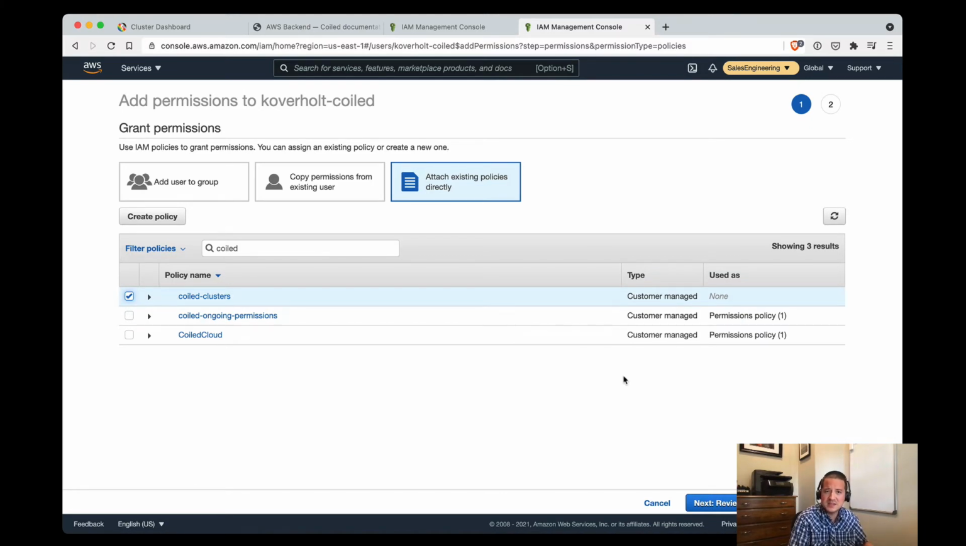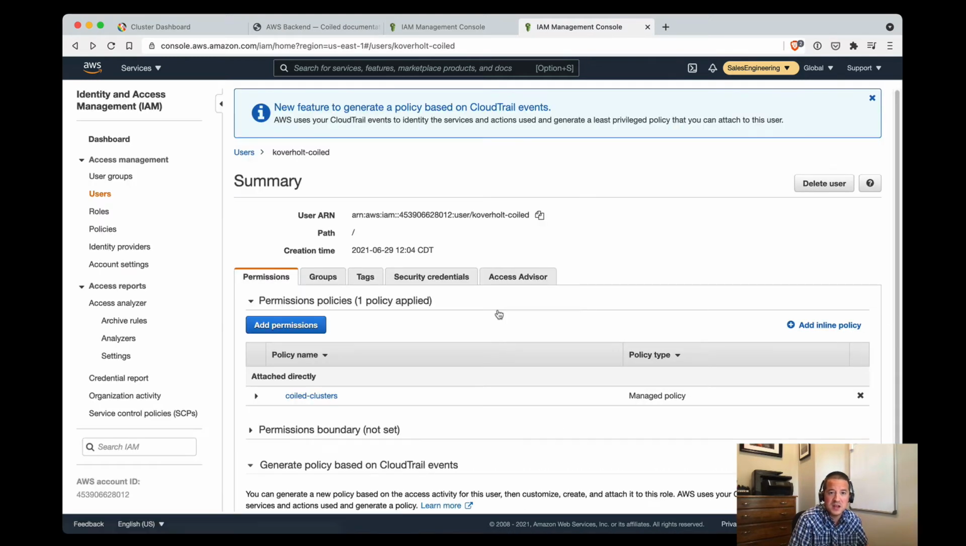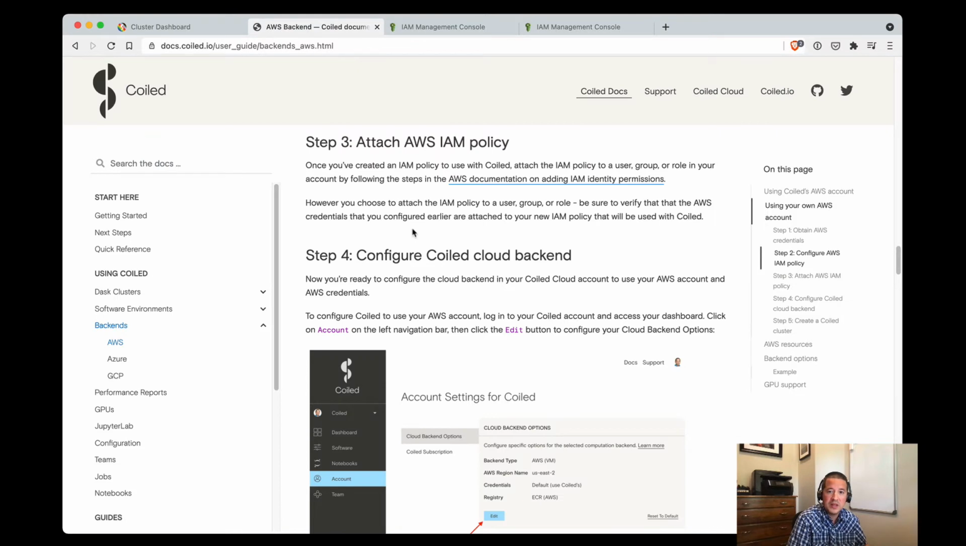There's different ways to attach these policies to users. Here we're using a very simplistic mapping of here's an IAM user, here's an IAM policy. We're going to map them together. There's other ways that you might do that, so you can adapt these steps to your approach accordingly. Great. So we've attached the coiled clusters policy to our new Overholt coiled user, and we're ready to proceed to